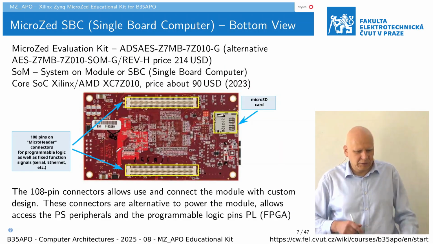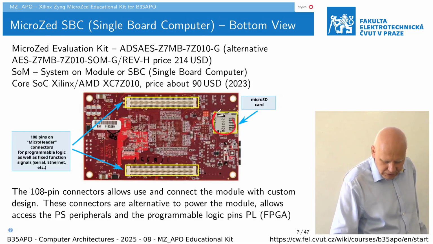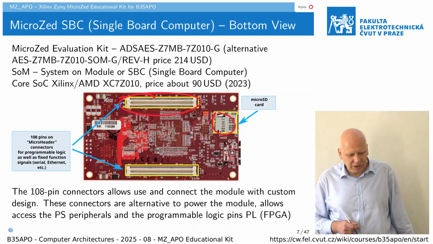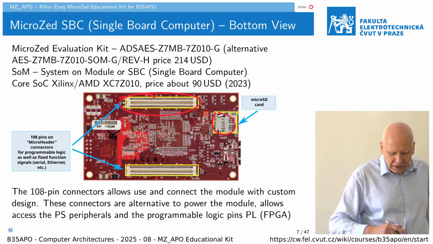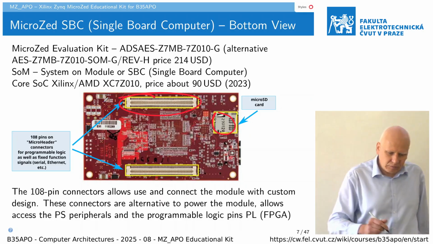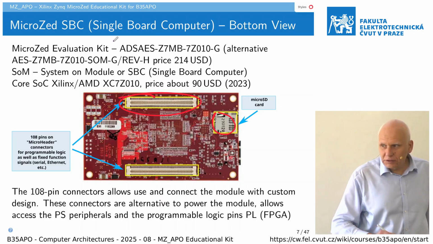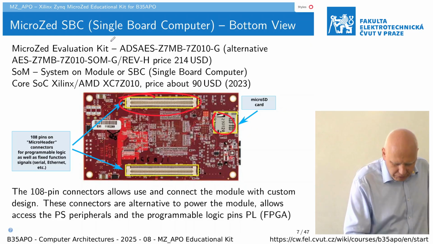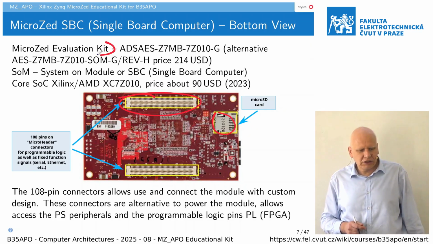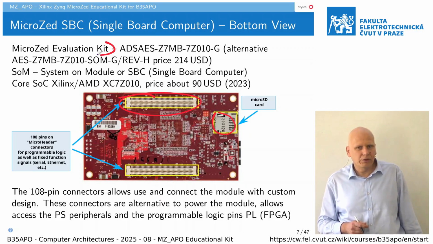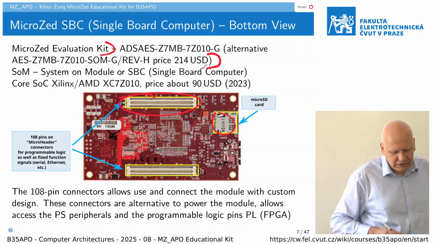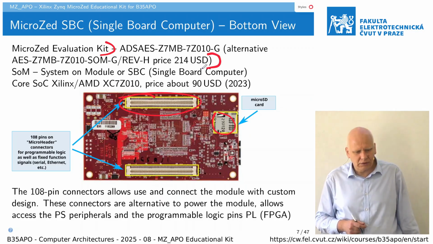And this is bottom view. So there is micro SD card and 2 108-pin connectors which connects this module with the rest of the system. And the module is evaluation kit from the Avnet. It is originally based on the project of Z-board community, and its price is something about $200,